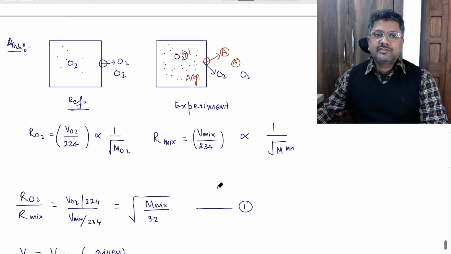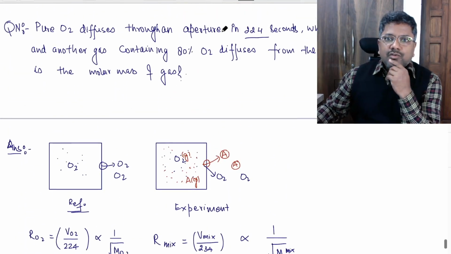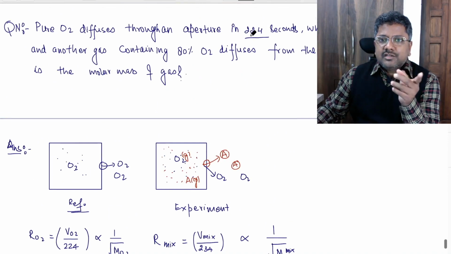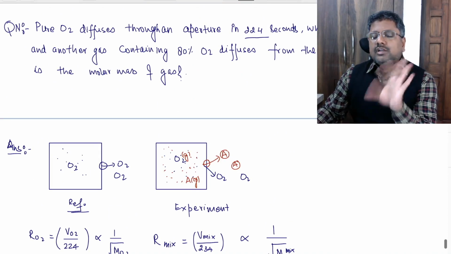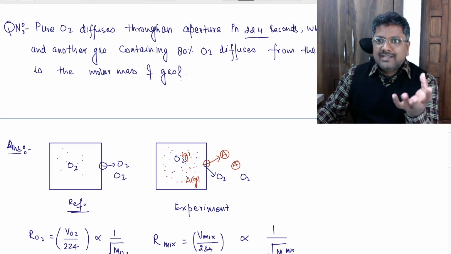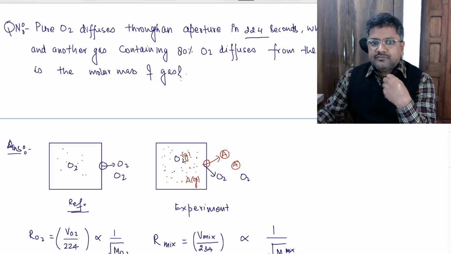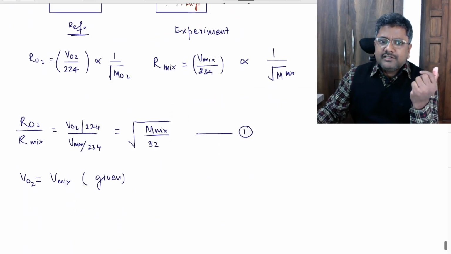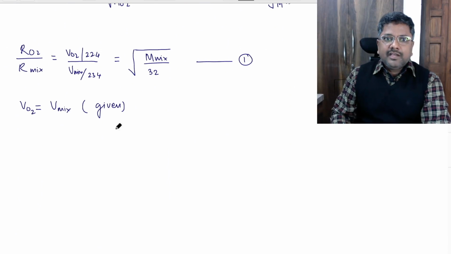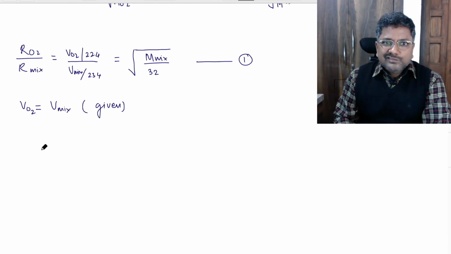Given in the question, pure O2 diffuses through an aperture in 224 seconds, whereas the mixture of O2 and another gas containing air diffuses from the same in 234 seconds. This means the content which is coming out in both the cases is the same. Content means moles, volume, whatsoever, right? So we can write from equation 1,